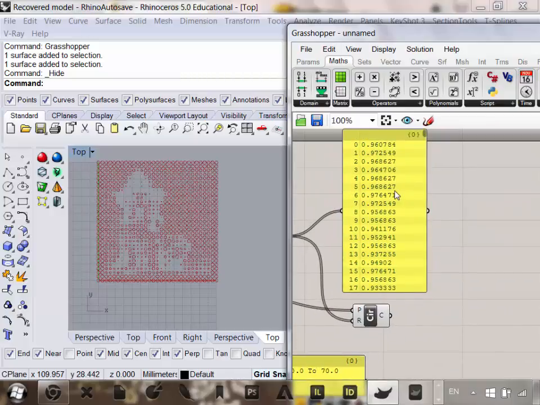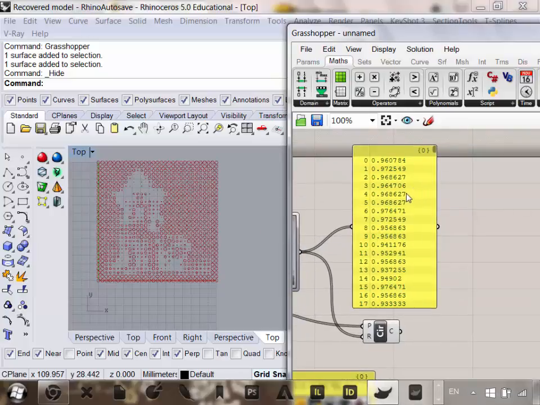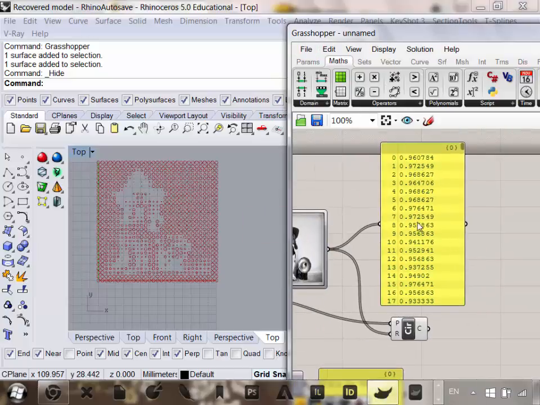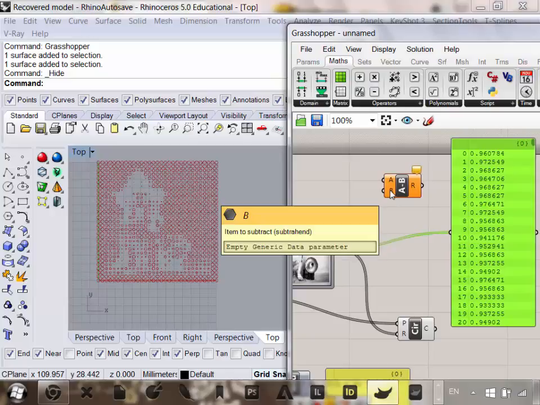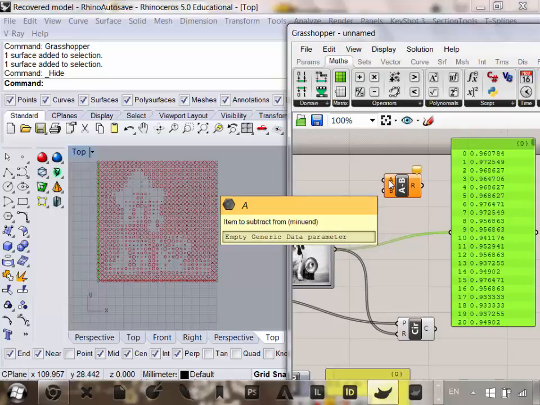Or else an easier way to do this is just minus all of these from 1. Because if you think about it, 1 being the brightest, 1 minus 1 is 0, and 1 minus 0 is 1, the darkest. Essentially, it's going to flip all the numbers. So if we just do that, go to Subtraction. So now let's say